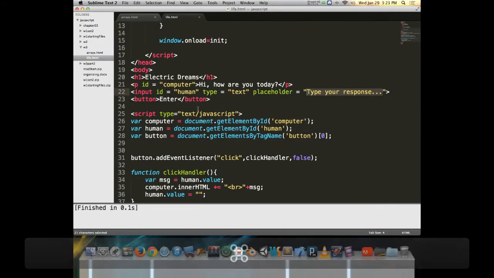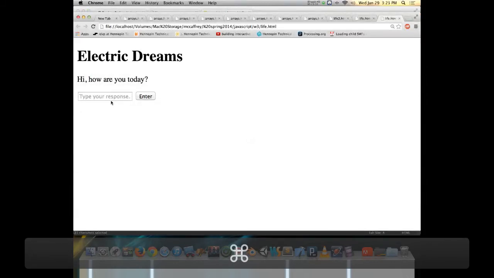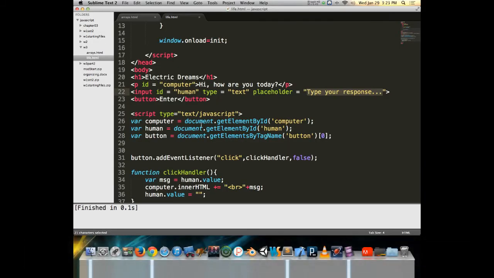So that's handy. Now related to that, after we click on it, we're resetting the value back to empty. So as soon as we empty out the text that the user typed into that input field, it replaces it with that placeholder text. So, while I'm looking at it, if I type something and then hit enter, it cleans it out and shows me what I typed up there. So right now the computer's not that smart. So I have paragraph ID computer, input ID human, and my enter button. I intentionally did not put